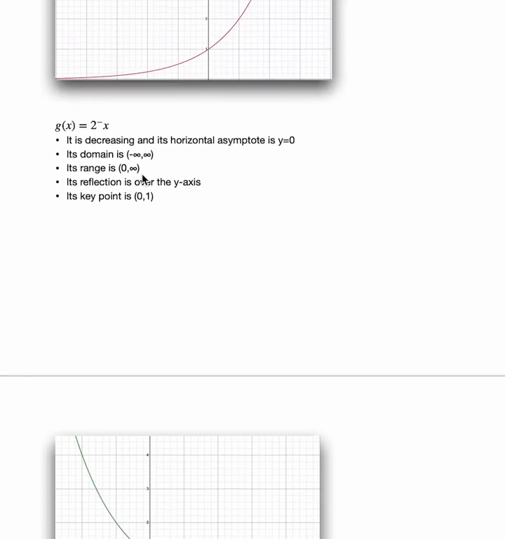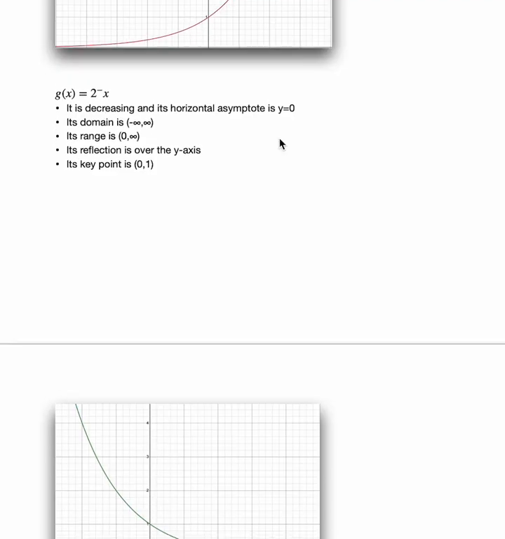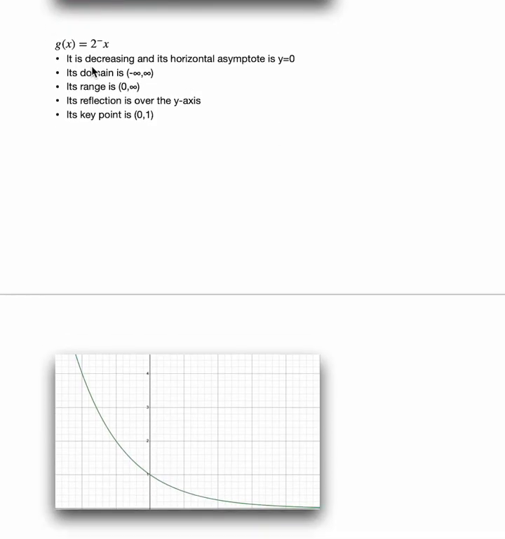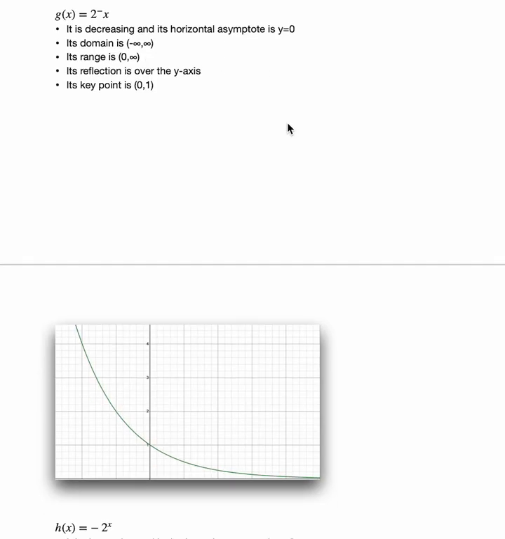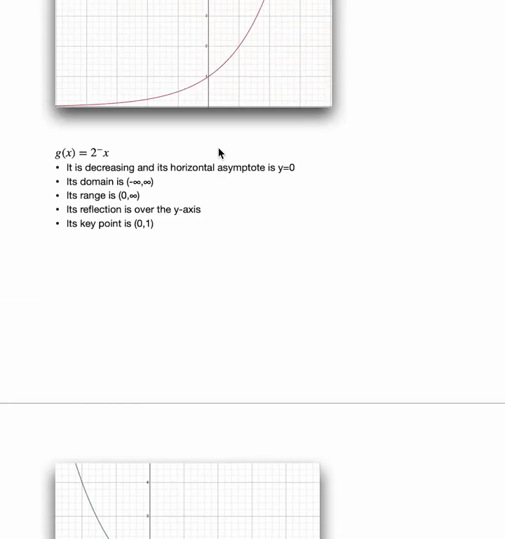And then down here we have g of x equals 2^(-x). It is decreasing, and its horizontal asymptote is y equals 0. Its domain is negative infinity to infinity. Its range is 0 to infinity. Its reflection is over the y-axis. Its key point is (0, 1). So really,